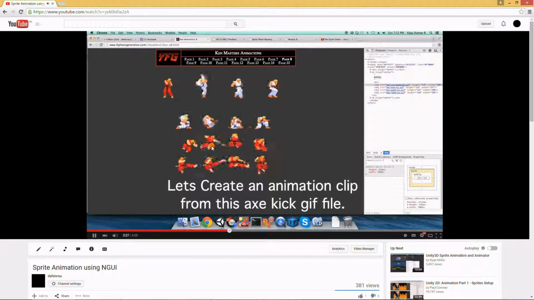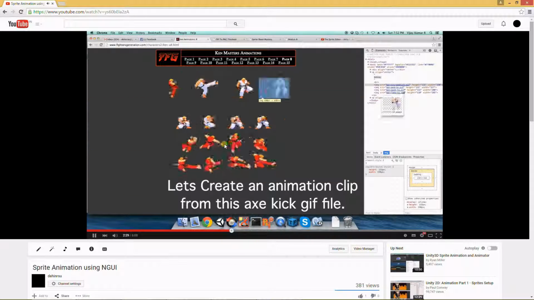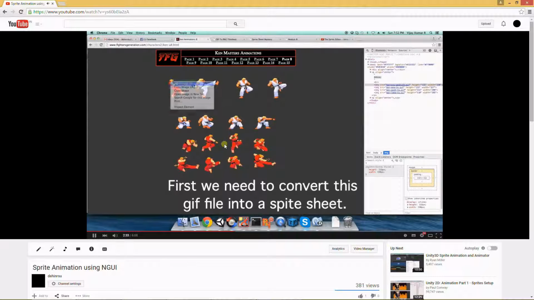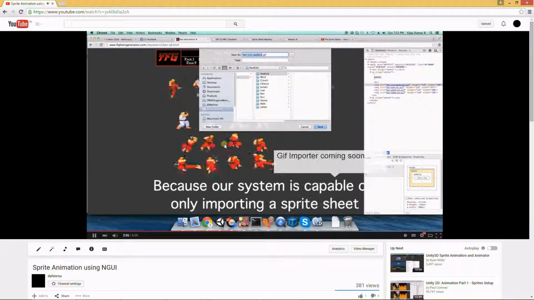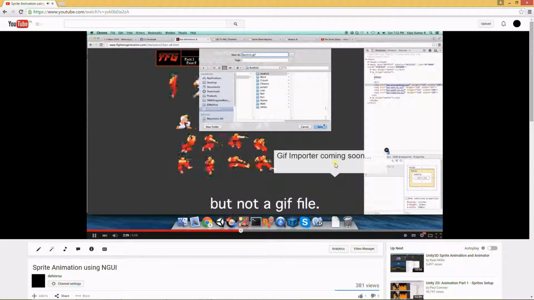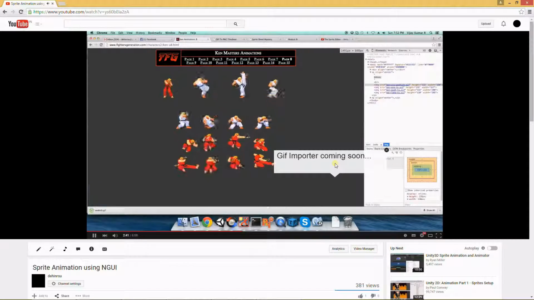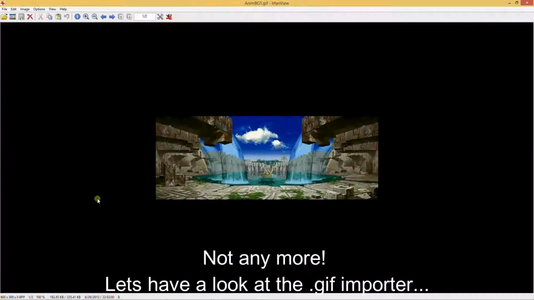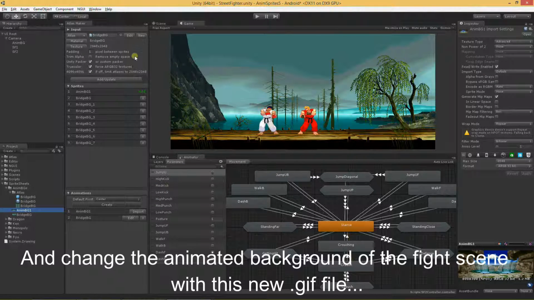Let's create an animation clip from this axkick GIF file. To do that, first we need to convert this GIF file into a sprite sheet, because our system is capable of only importing a sprite sheet but not a GIF file. Not anymore. Let's have a look at the GIF importer and change the animated background of the fight scene with